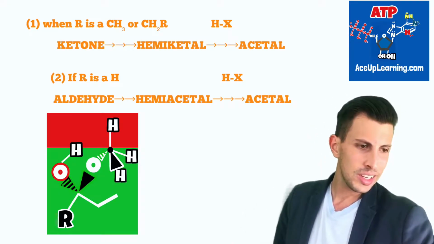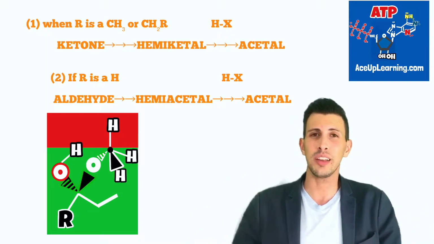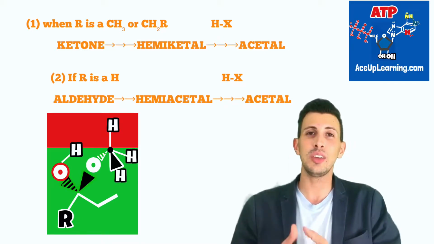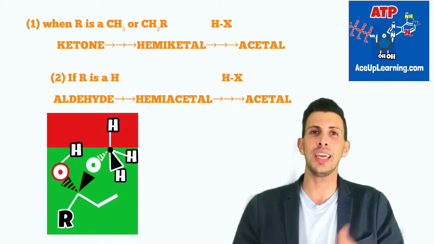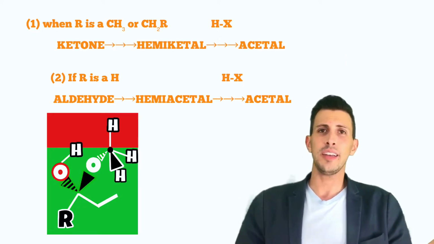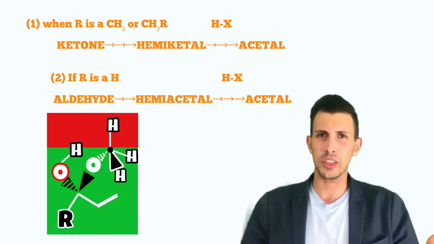I should say, though, commonly is the case where hemiketals are referred to as hemiacetals altogether. The more specific and precise term would be that of a hemiketal, but just know that it is a possibility that you could see a question that asks you which of the following would generate a hemiacetal. And then what you're going to do is select any reaction that has the ketone or aldehyde in the presence of an alcohol, which enables the generation of the hemiacetal. Now, the other thing to know is if you have